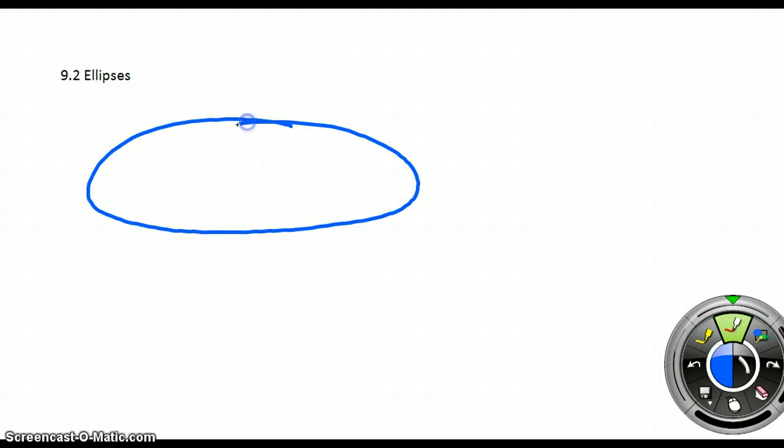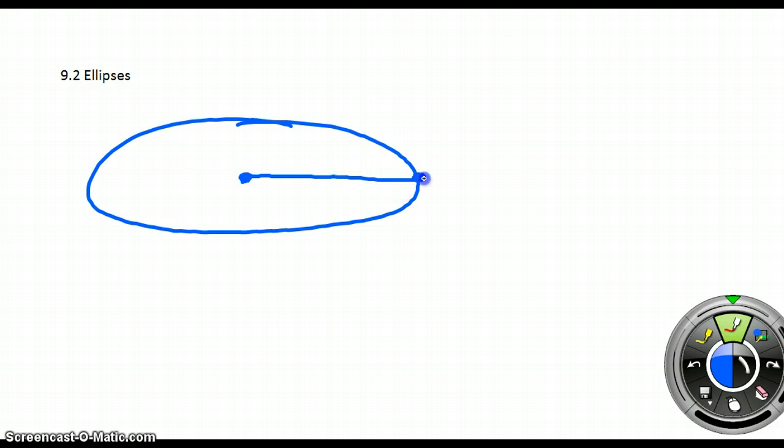Today we're going to talk about ellipses. And with ellipses, what you want to do is just think of ellipses as squished circles. So just a couple different things you need to know about an ellipse. Ellipses are not equal distance from the center, but you'll have a center in an ellipse, and then you'll have